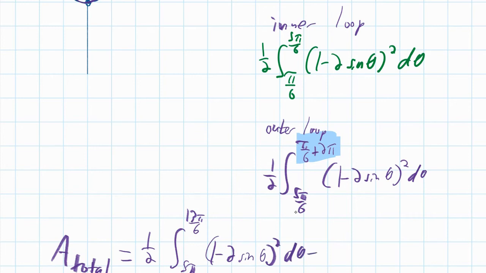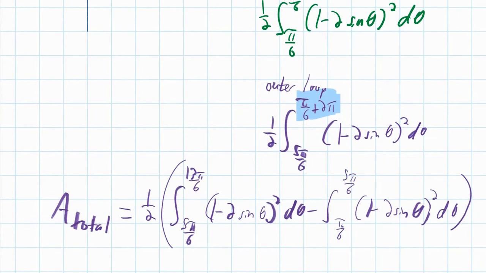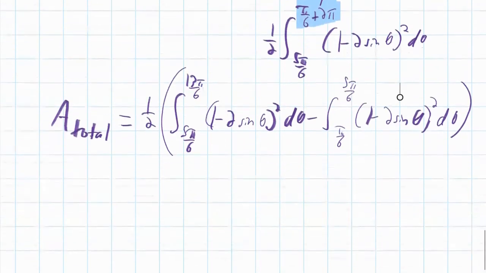Minus, we're going to keep that factored out, the integral from pi over 6 to 5 pi over 6 of the same thing, 1 minus 2 sine of theta squared d theta. Okay, moving into how to integrate this,